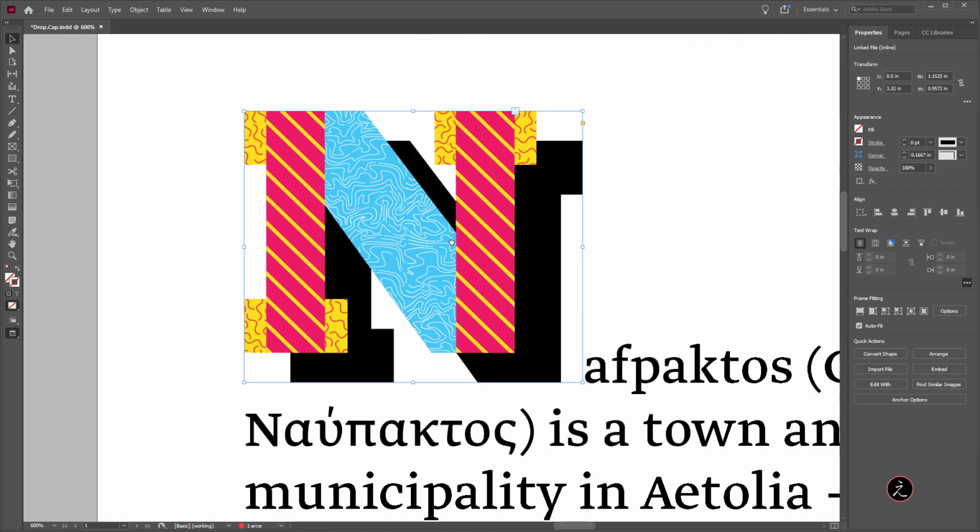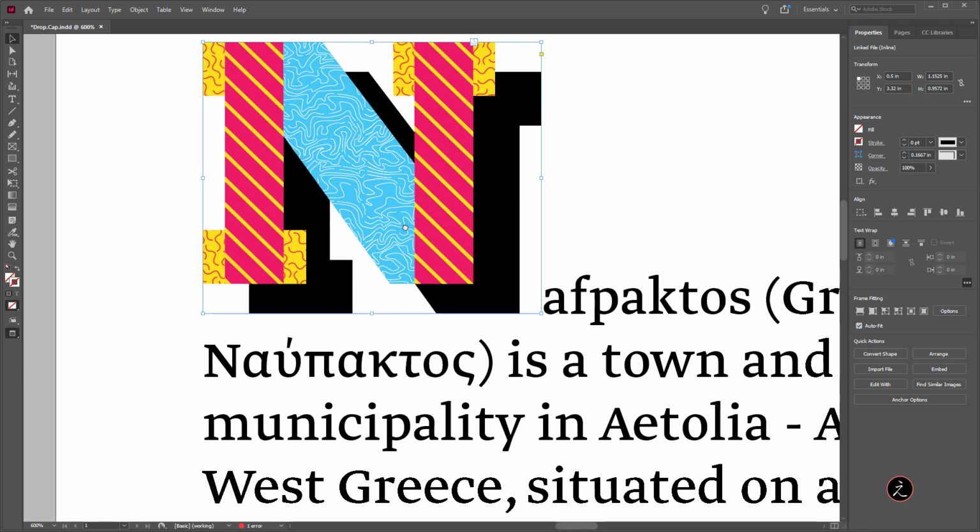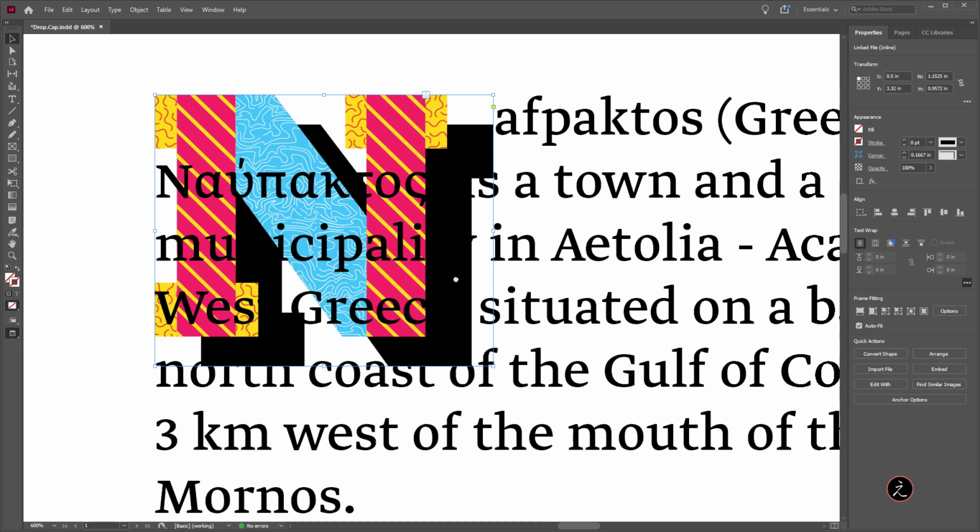Release. Here it is. The next step is you can hold on the Alt key or the Option key and then click on this anchor icon here. Click on that and we get the anchored object options. Go ahead and play around. In this case, I'm not going to do this. I'm just going to cancel this out. All I'm going to do with the selection tool is click and drag, and I'm holding down the Shift key as I do to move this into place.